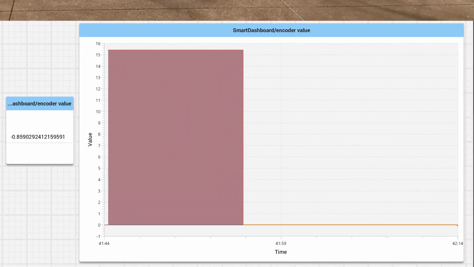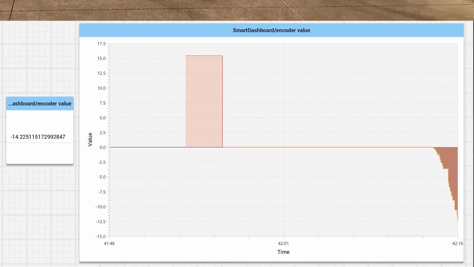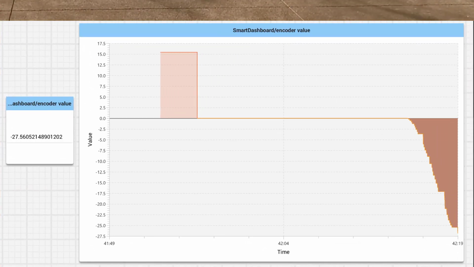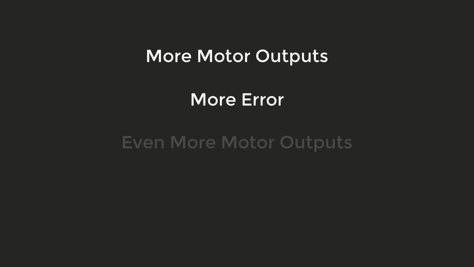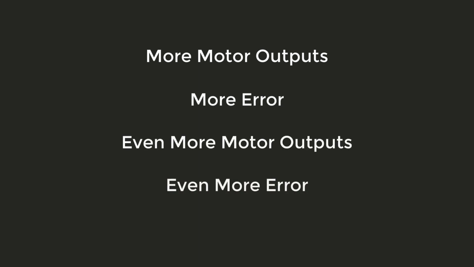Again, the problem here is that the encoder is installed the wrong way. When the robot goes forward, the encoder tells the robot it's going backwards. But PID doesn't know if the robot is going the right way. Instead, as the encoder value decreased, PID thinks there's more error, so we should go faster. And this situation gets in a loop. The more PID spins the motor, the more error there is, and thus PID wants to spin the motor even